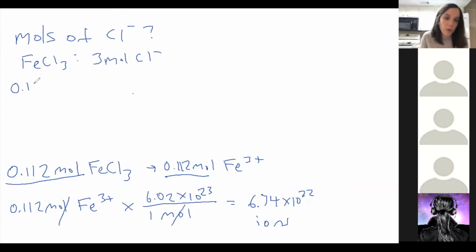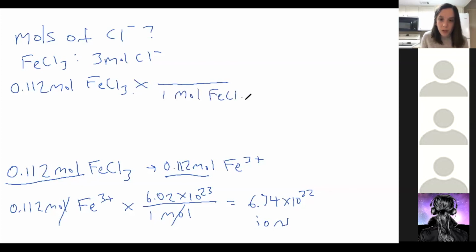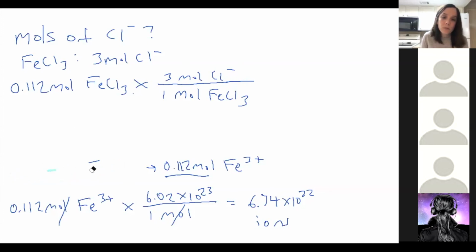So we had 0.112 moles of FeCl3. If we want to convert from moles of FeCl3 to moles of Cl minus, we would use the ratio: for every 1 mole of FeCl3, we have 3 moles of Cl minus. So we do 0.112 times 3. That gives us 0.336 moles